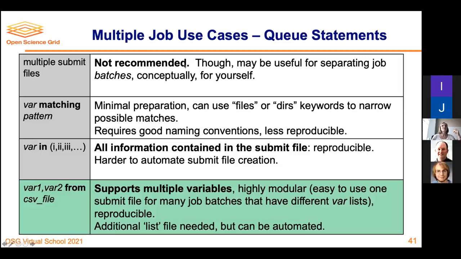And again, multiple submit files, definitely not recommended. Generally, if you can submit more jobs in a single submit file, you'll be much better off. Because you can organize data however you want on the access point and communicate that in the submit file, it really does make it possible to submit so many different jobs, even what you might think of as sub batches, as one submit file of lots of jobs with, say, different directories associated with how their data is